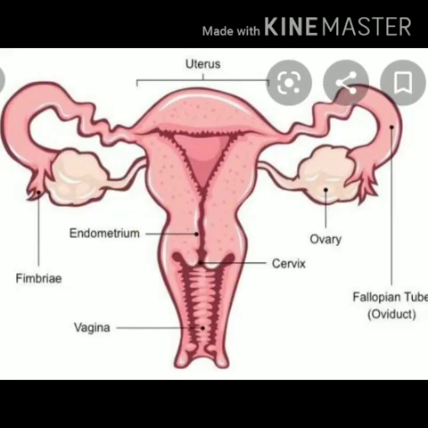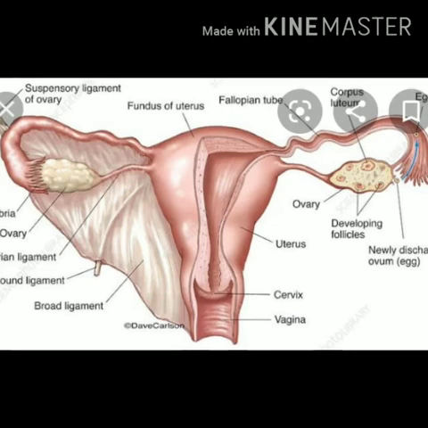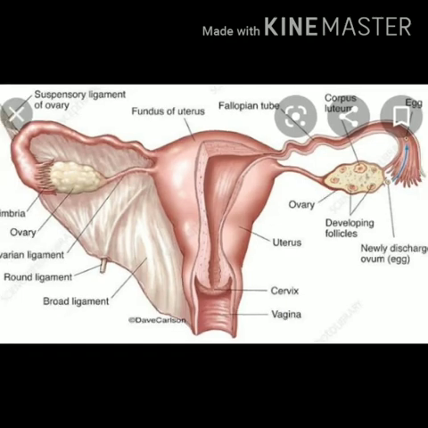It is also called the uterine cavity. The upper portion of the corpus uteri is called the fundus. It receives two oviducts from the ovaries. The lower narrow portion is the cervix uteri, a narrow part that runs from the uterine cavity and opens into the vagina. Now, what are the functions?